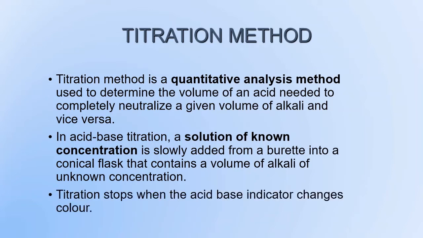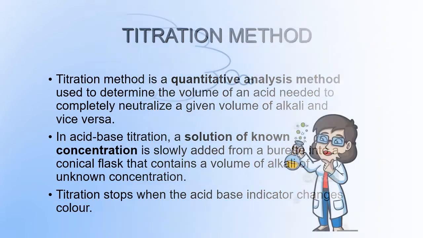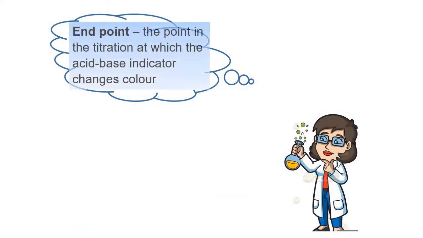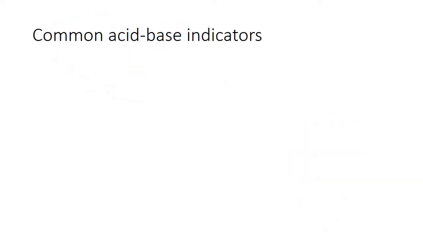Titration stops when the acid-base indicator changes color. Endpoint: the endpoint is the point in the titration at which the acid-base indicator changes color. Common acid-base indicators are